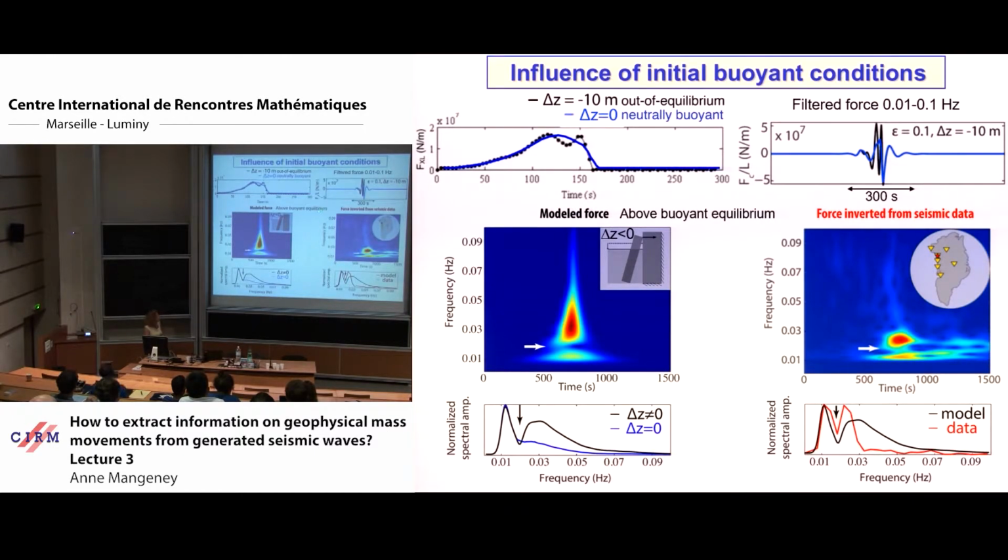And if you filter this, you have the blue line for the equilibrium state and the black line for the non-equilibrium state. And if you look at the associated spectrogram of the simulation here, you see a hole in the spectrogram, related to this kind of shape. And what is interesting is that we looked at all the spectrograms from seismic data, and we see exactly that. We can see in the seismic spectrogram that for some icebergs we have a hole, and it corresponds to icebergs where the glacier is above the neutral equilibrium of icebergs. So we can have a signature of this delta Z in our data. So this is also visible on the spectral amplitude.